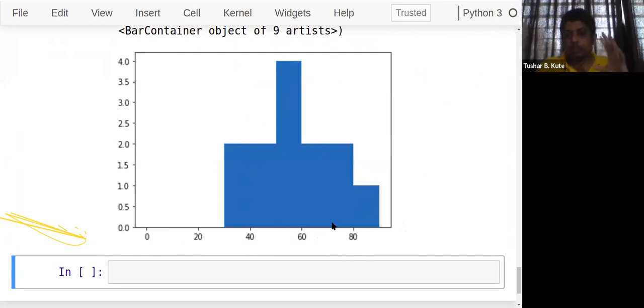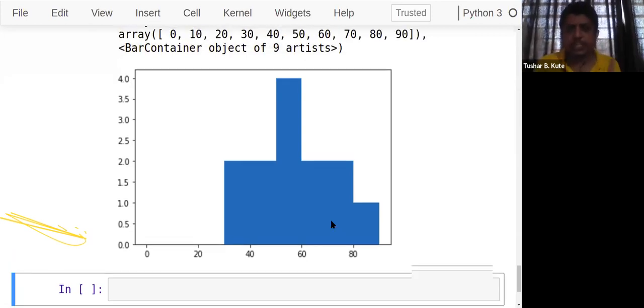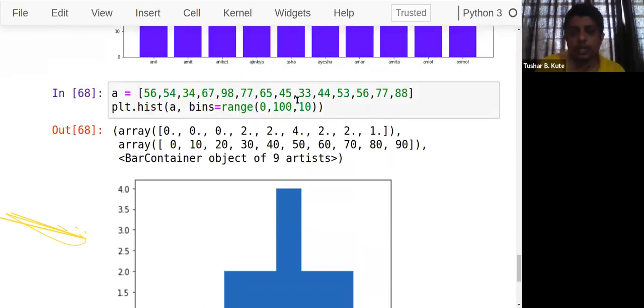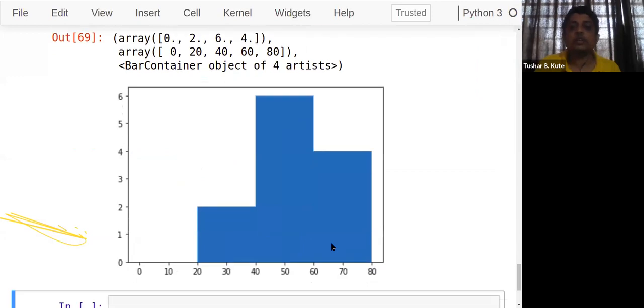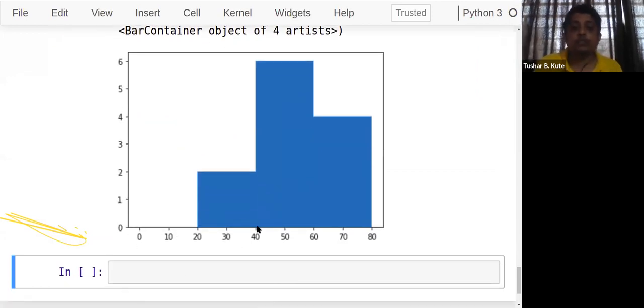So the distribution of the data within specific ranges can be shown with the help of this particular method. By this method, we can find the distribution of the data. If I want to change the range, bins I mentioned here 0 to 100 incremented by 10, I want to increment it by 20. Now see, 20 to 40, 2 are there, 40 to 60, 6 are there, 60 to 80, 4 are there.